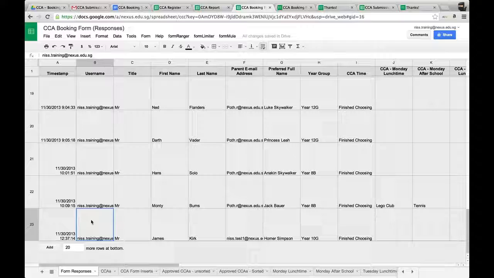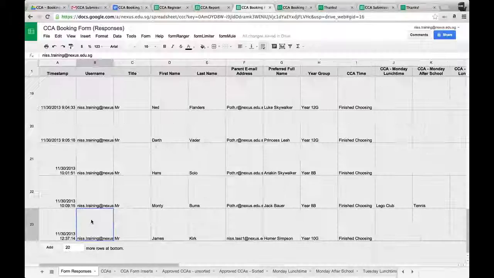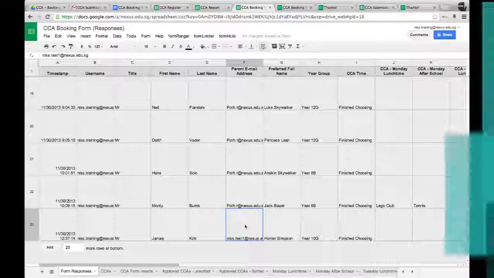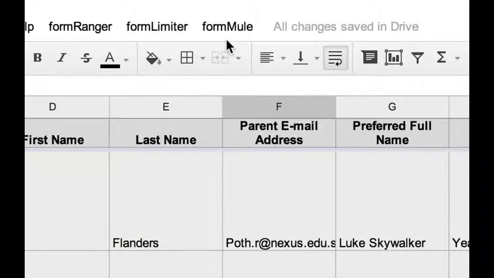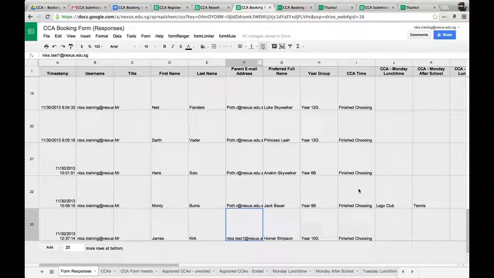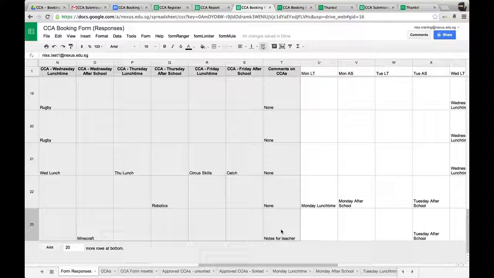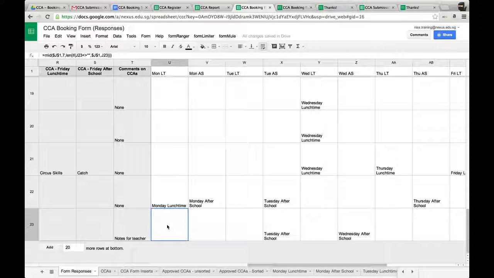This will be the email address of the person who completed the form, and this is the email address of the parent. It would be the learner's account that this will be recorded from. Like the submission form, I've also included the Formule script in this spreadsheet as well, because if we scroll along here, all the grey cells are the cells that have been populated by the form,